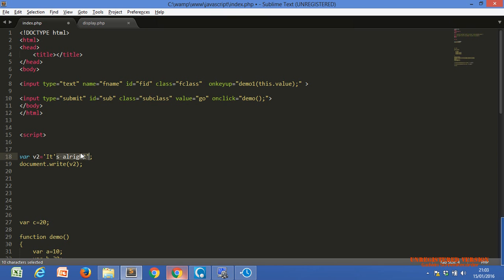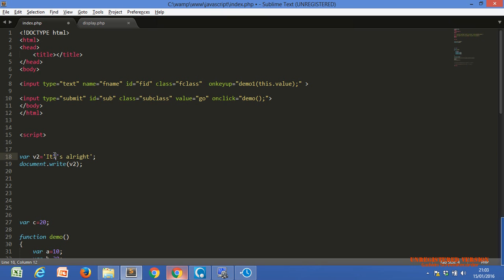It is not correct, because our browser takes the single quote starting here and ending here, but we want to use an apostrophe inside our string, and we cannot use it like this. We have to use some special character for this.